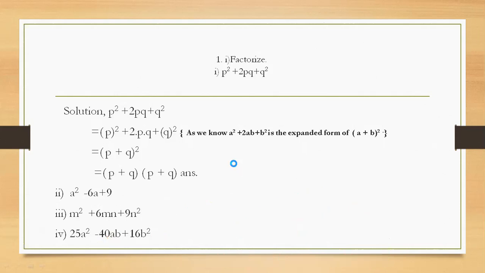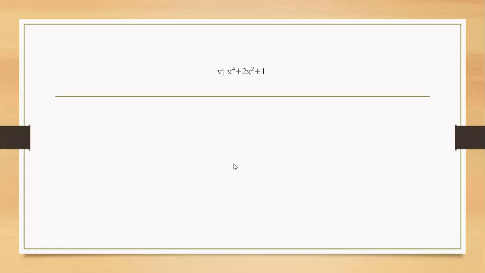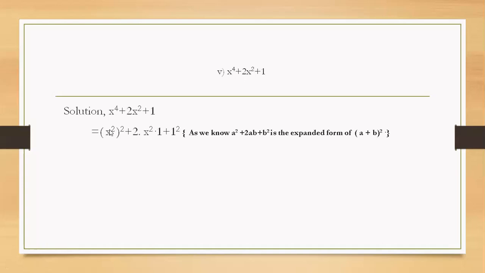Look here, I am proceeding to the next slide. Here x square whole square means x power 4. 1 square means 1. And in the middle we have to make 2ab. 2ab means the first bracket is a, the last bracket is b. When you multiply them, it comes to x square. Now it is x square plus 1 whole square. That means x square plus 1, x square plus 1, 2 times. Okay, children?